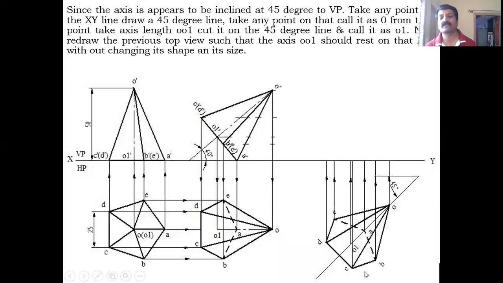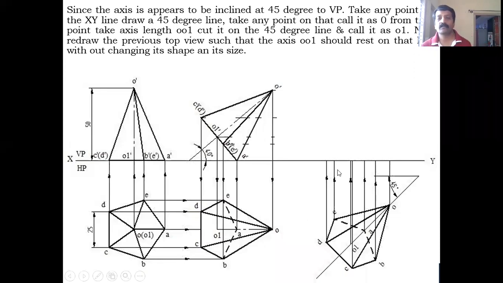You know, even in planes you have redrawn the pentagon lamina the same way, in whichever method you use. So you can redraw. The only thing is the shape and size should not be changed. So without changing the hidden edges and the visible edges, you redraw it. Okay, how have we redrawn here? The entire axis of the pyramid should lie on this 45-degree line. Like this I have redrawn.